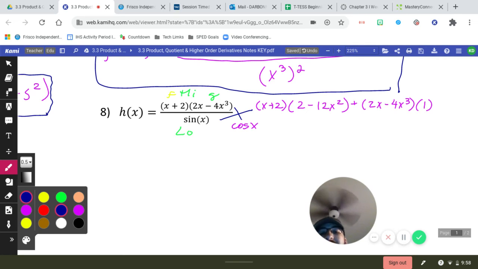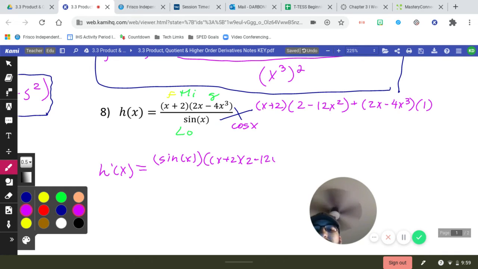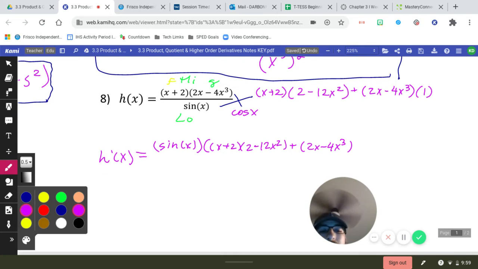So cross multiply, it is low times derivative of high. So h prime of x is equal to sine of x times this big old mess, x plus 2 times 2 minus 12x squared plus 2x minus 4x cubed. And I'm just going to drop the 1 because it's not really necessary. Minus high d low, so minus x plus 2 times 2x minus 4x cubed,